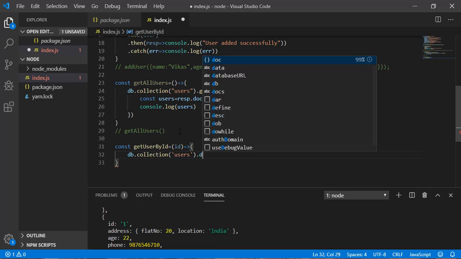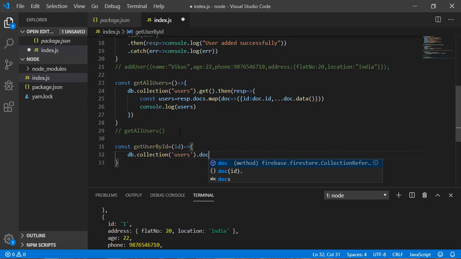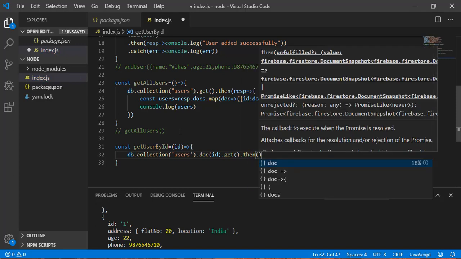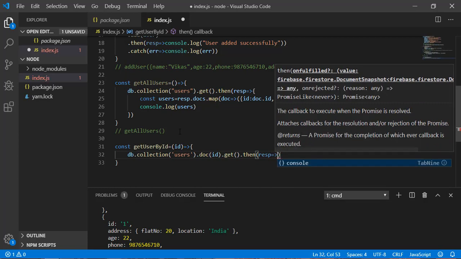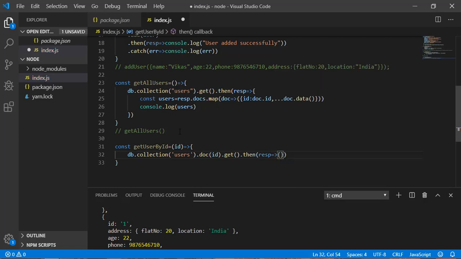I can provide here doc. Doc means the document. I am pointing to the document, and to this document I will provide the ID. Now it will filter the particular document, and I need to get it, so I need to call the get function, and after that I can write then. And here response, and in response I will get it here. So let me do console log.